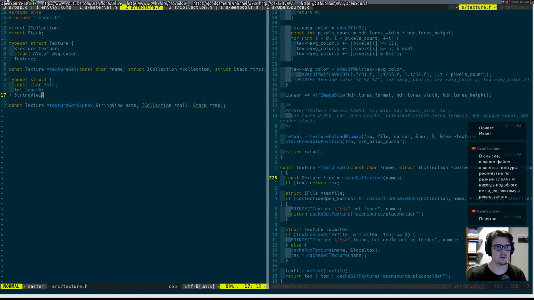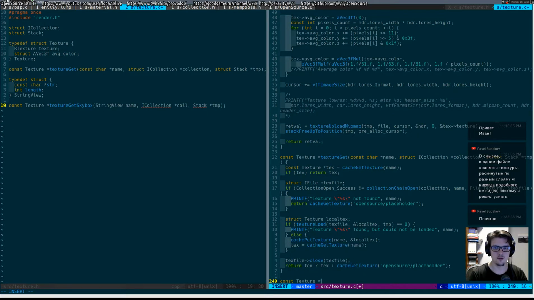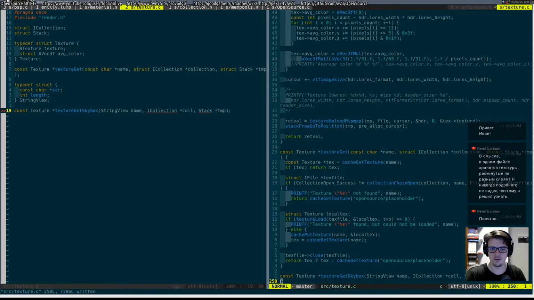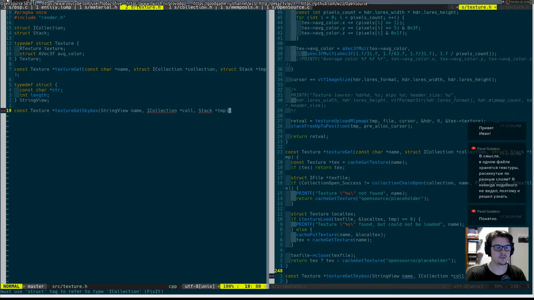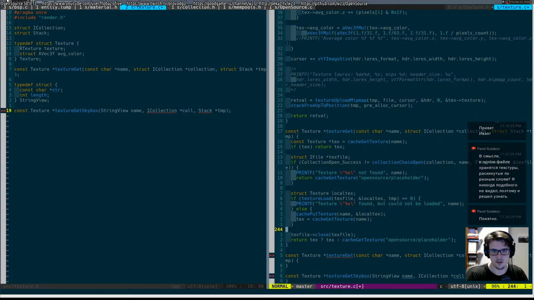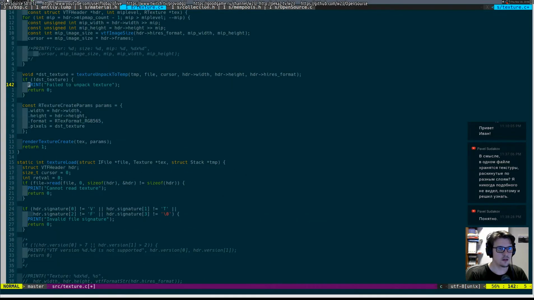Collection. Okay, and this one will do texture. Why do I write this? I can just copy. Get skybox. And what it will do, it will have a separate function for loading stuff. And this also becomes not really convenient because texture load now can